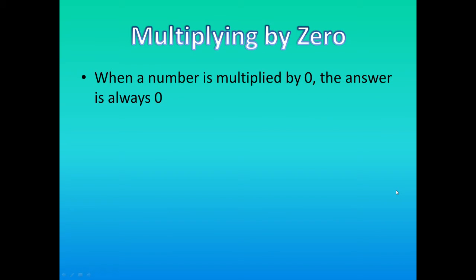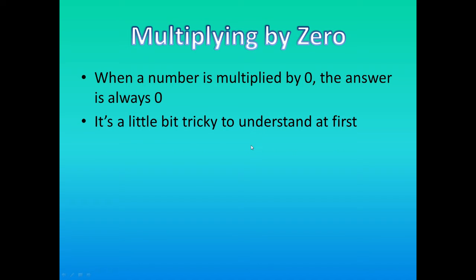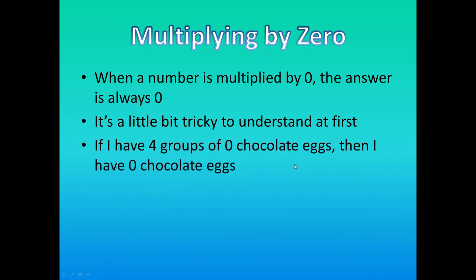Today we're going to learn how to multiply by zero. The rule for multiplying by zero is, when a number is multiplied by zero, the answer is always zero. And it's a little bit tricky to understand at first, but a good example of this is,